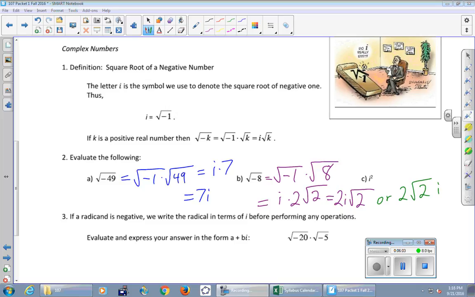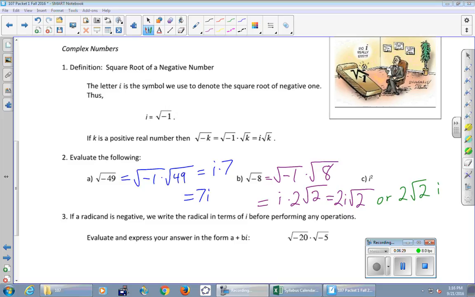Do you know the danger with writing it that way? Yeah, if you are just a tiny bit sloppy with that radical sign, all of a sudden the I looks like it's underneath. And that is definitely not the right answer. So it's okay as long as it's clear the I is not in the radical, which is why maybe it's safer to just put the I in the front. No confusion about that radical. So, okay. All right, let's see.